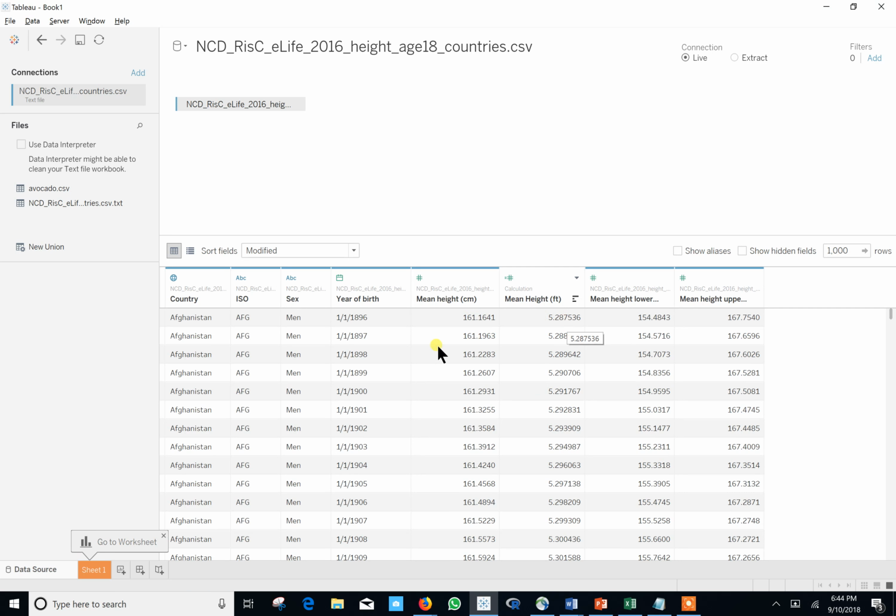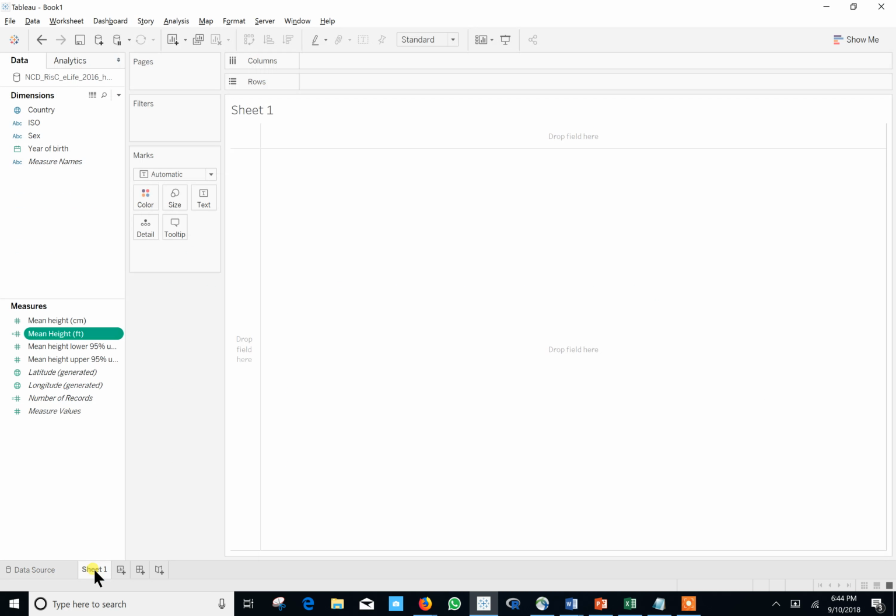Okay, so now we're ready to go ahead and start a visualization. Lower left-hand side, click on Sheet 1. Okay, let me explain a few things before we do get started. In the left-hand column, in the Data tab, you have two different parts. You have dimensions and you have measures. Dimensions are what Tableau recognizes as